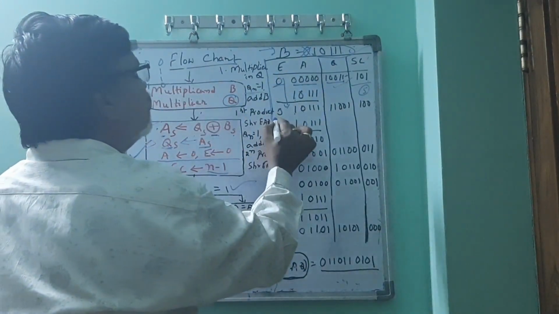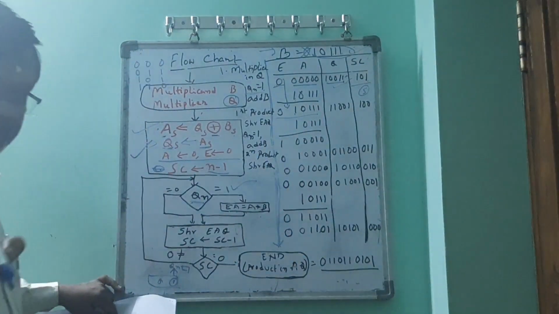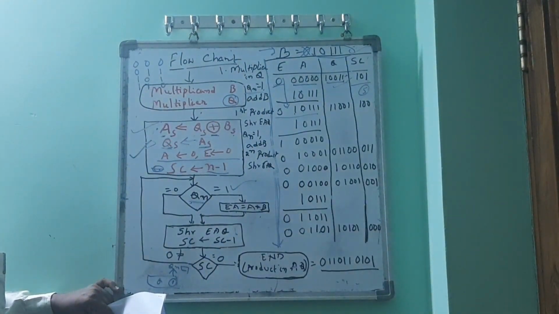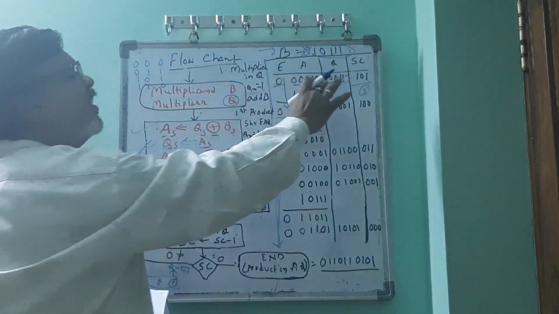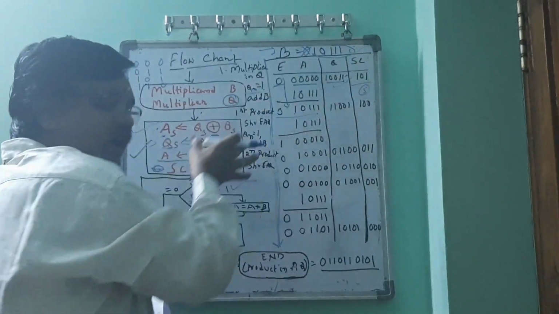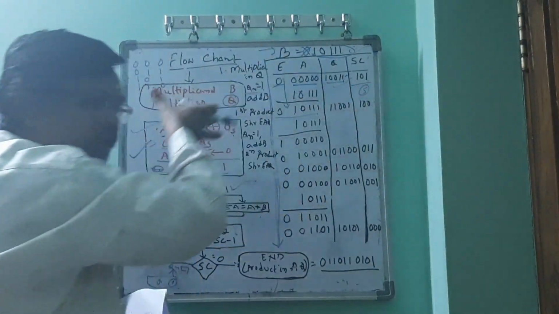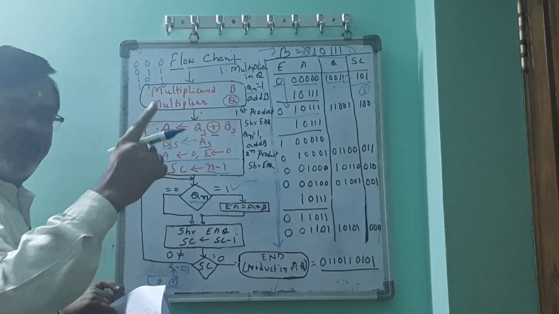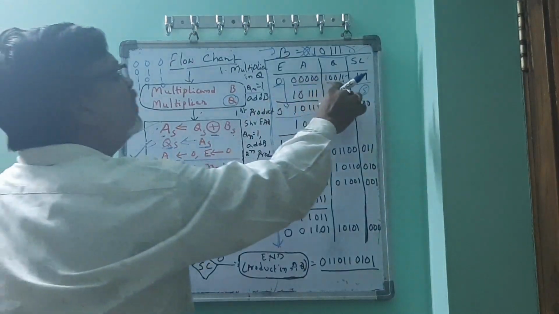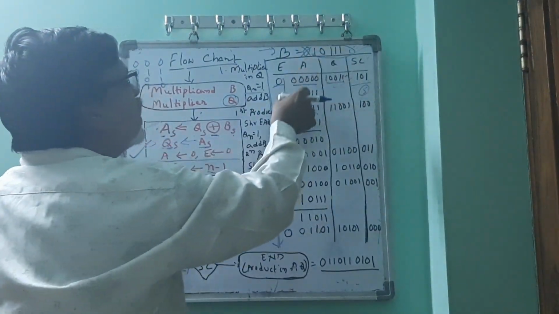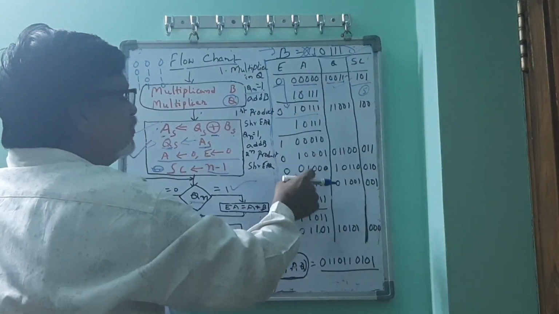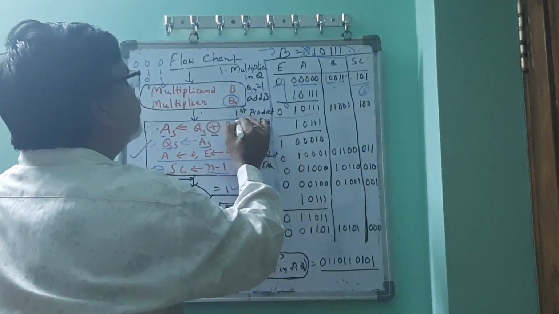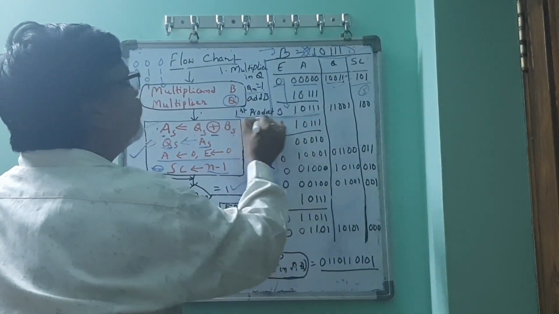So now EA, this is called the first product. First product means, as in general multiplication, if 1 is there we write it as it is, and if zeros are there, we write all zeros by shifting. That is what we explained in the first example, the 23 into 19 example. If this position is 1, the same value will be copied here. If this is 0, the zeros will be copied. Because here 1 is there, it is added one time. This is the first product.